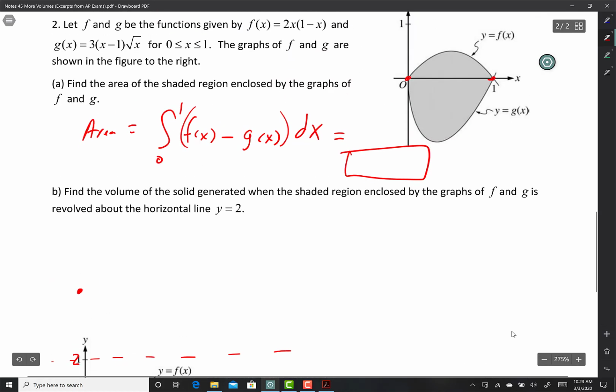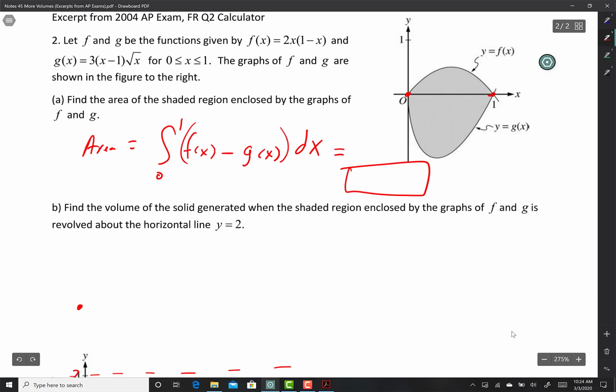Here we go. Y equals 2x(1 minus x). And then the next one, 3(x minus 1) square root of x. I don't think I see any mistakes there. Y1 minus... Math 9, 0 to 1, and Alpha Trace Y1 minus Alpha Trace Y2, and you put x here, and you push enter, and there it is. So we get